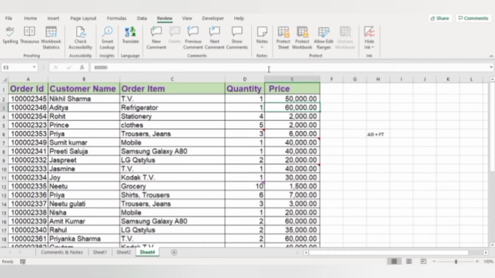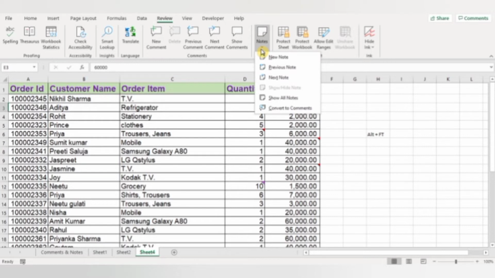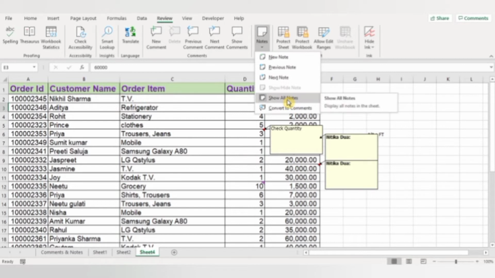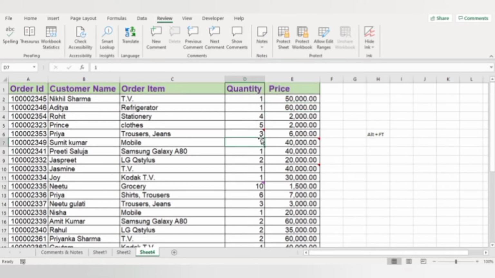And now if you want to show all of your notes, then again go to the Review tab and select show all notes. So these are all the notes which are given in my data. And if you want to hide them, then again go to notes and click on show all notes. Then all the notes will be hidden.